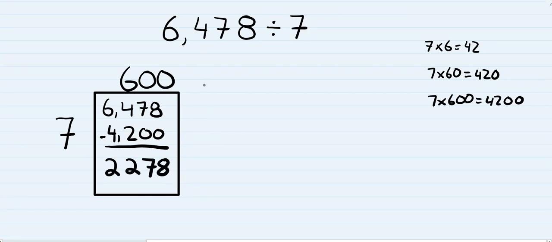Excellent, okay? Now what we're going to do is extend our rectangle, okay? And 7 times what equals 2,278? We want to get close to that, okay? So I'm going to continue my rectangle. Don't worry too much about scaling. You know, we should make this smaller since we're going to choose a smaller partial quotient, but it's not really